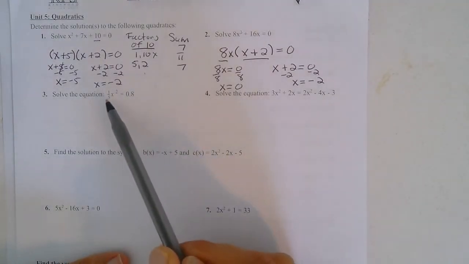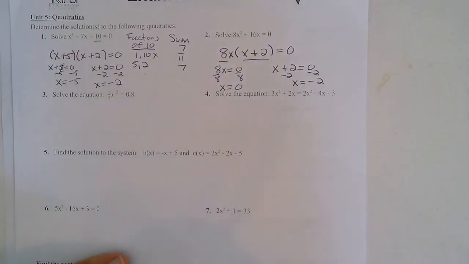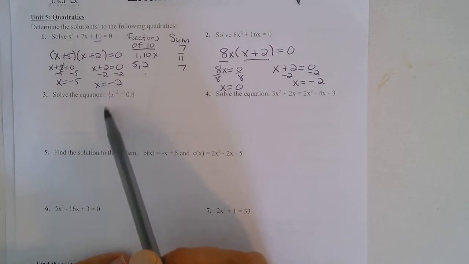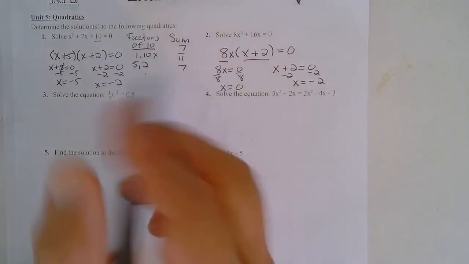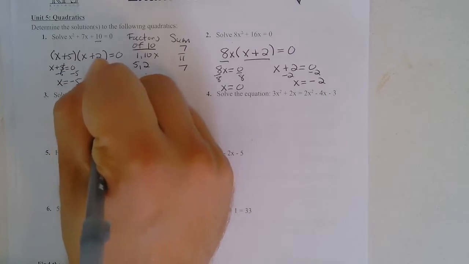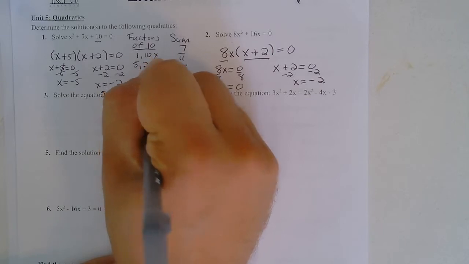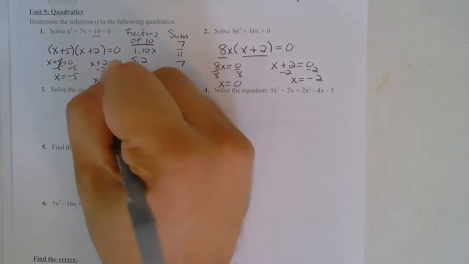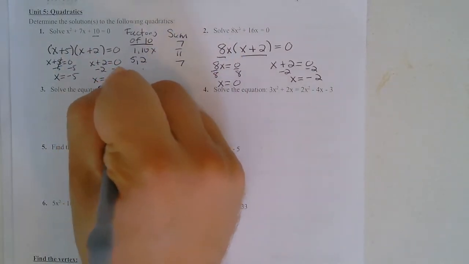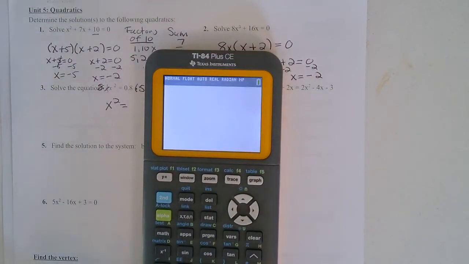And then here, we have 1/5 x squared equals 0.8. Now, one thing that I want you to notice is if there is no x term, you can solve this taking a square root. So what I'm going to do is multiply both sides by 5. So I'm going to put 5 times 1/5 and 0.8. I'm going to use parentheses here and then put times 5. Then here, 5 times 1/5, well, that makes 1. So we have x squared equals, and then 0.8 times 5